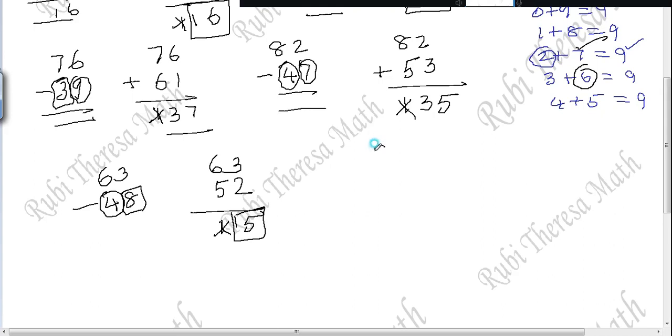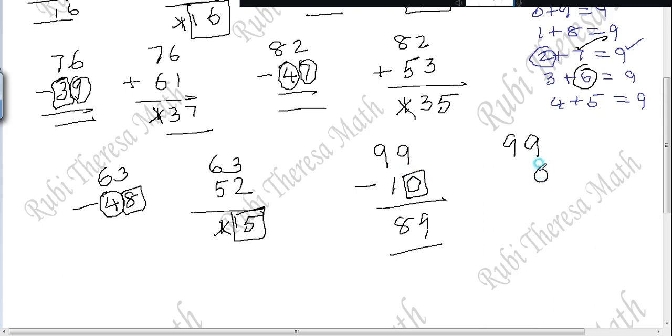So, somebody asked me a doubt. 99 minus 10. Actually 99 minus 10 is very easy, 89. But in this way, if you want to do it, what is the complement of 0? 10. So, 0, 1 is there. This 0, you have to make it into 10. So 0's complement is 10. Only one digit you have to write. So, 0. 1 is here.